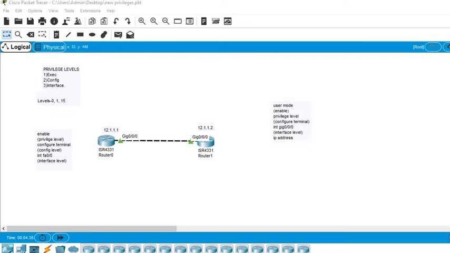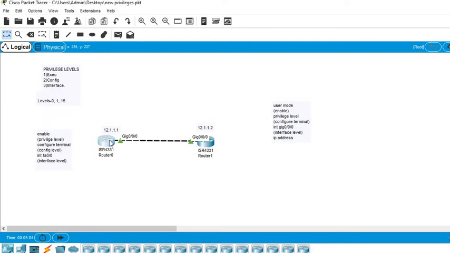The IP address command comes into the interface level. Whatever command belongs to a level, you have to type it there. I'm just talking about it orally, but if we start using it on our topology, it will be simpler. Just look into my topology and my configurations, and you will get to know everything.